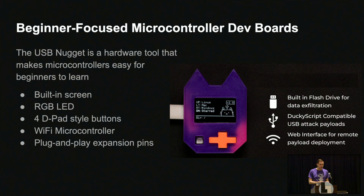So next up, I've got an example right here. We have beginner-focused microcontroller development boards. These are open source boards that I've been working with a variety of friends on for the last several years, to make these more simple to teach with. Originally, these microcontrollers I showed you are great, they're powerful, they have cool features, they're low cost. However, they are maybe not the most accessible for making your own prototypes. Maybe they can run some of this stuff, but you still need command line, and that might not be appealing for beginners. So I worked with some friends, the most direct contributor being Alex Lin, who some of you might know,